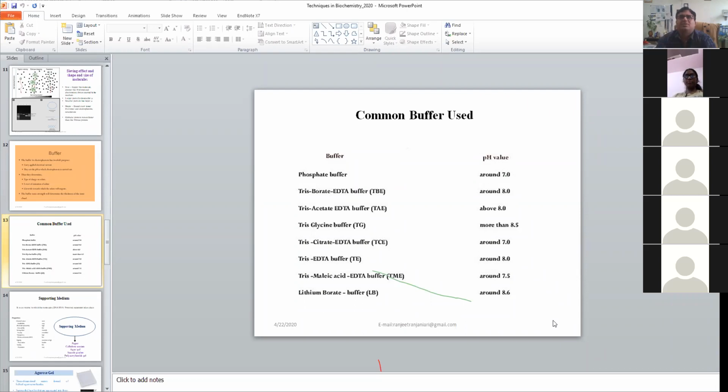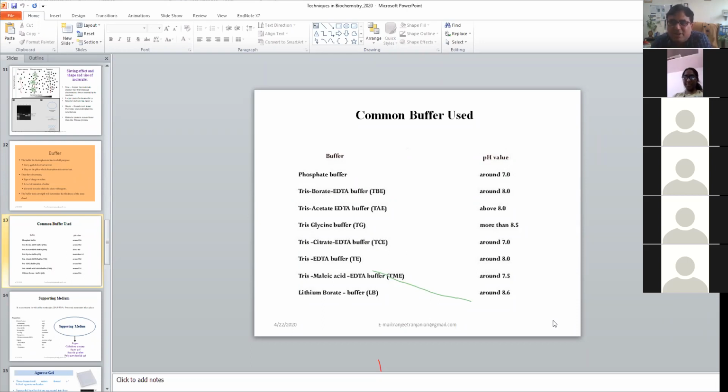In case of RNA, is it audible? Yes, sir. So in case of RNA, most of the time when you run RNA on the denaturing gel, there will be a smearing. Even though RNA quality is good, when you run it on the gel, it will degrade, and because of degradation, we get a smearing. The reason is that the buffer which you are going to make, most of the time it's recommended that it should be made in DEPC treated water, diethyl pyrocarbonate treated water, which degrades the RNases, right? Yes.